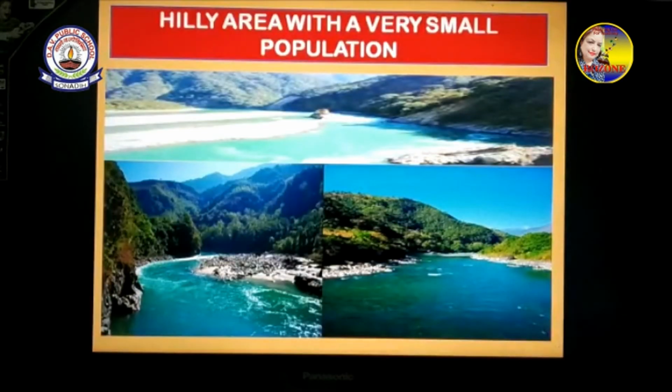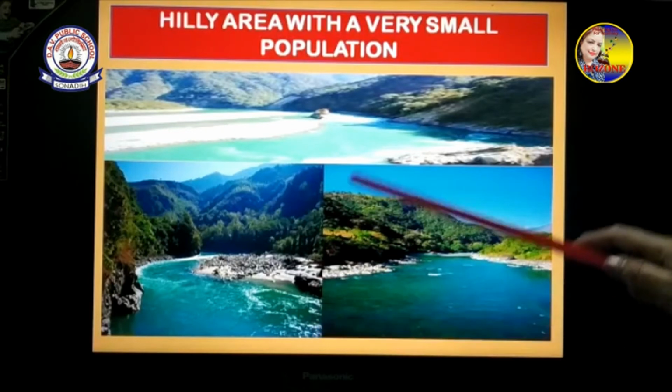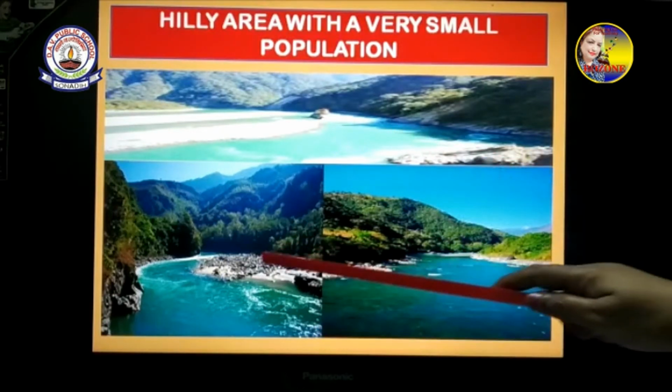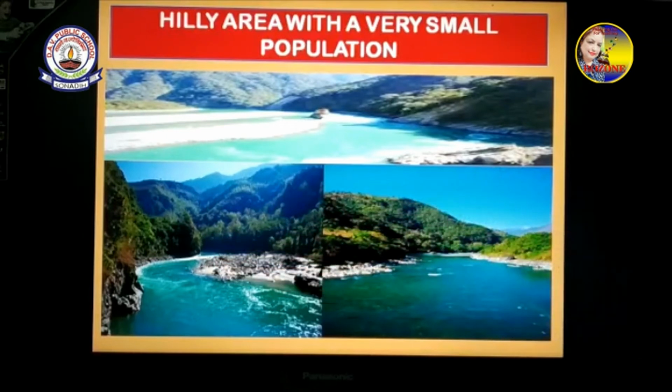Hilly area with a very small population. So it is a hilly area with a very small population, means very few people are living in this area. You can see how beautiful the river is, so nice and blue, and the hills right around. And the population is small because life is very difficult over there, that's why very few people are